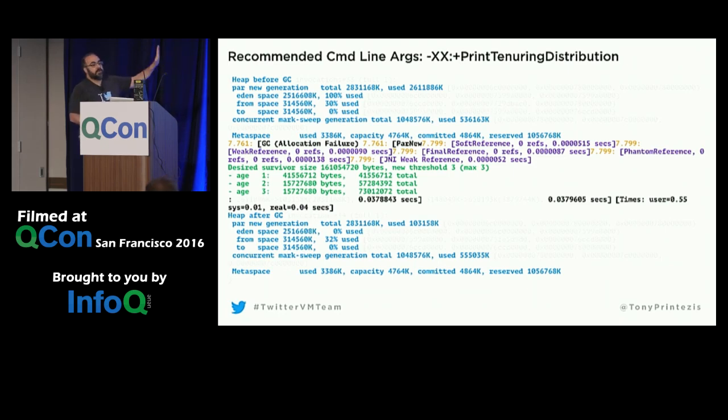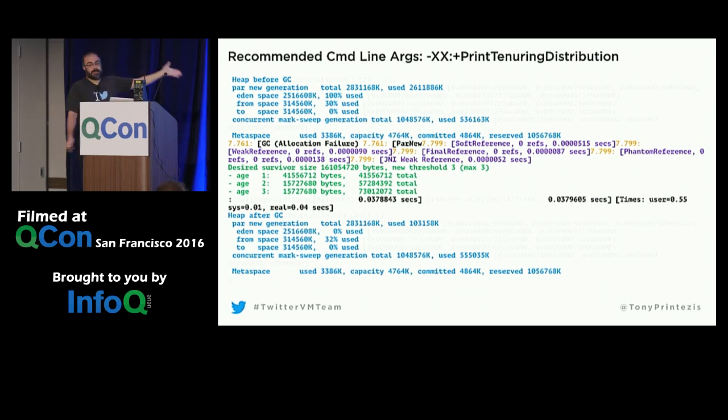So all this information is really helpful. This is what we enable at Twitter, where we have an elaborate monitoring infrastructure that my colleague Megan talked about yesterday. But when we need to drill down on what's going on for a particular VM, we do look at GC logs. And all this information is really helpful.